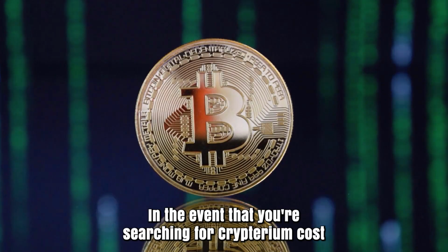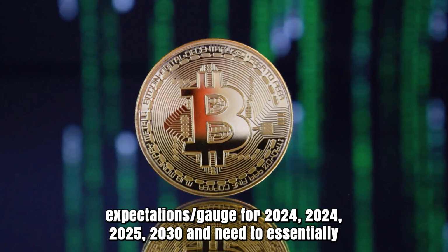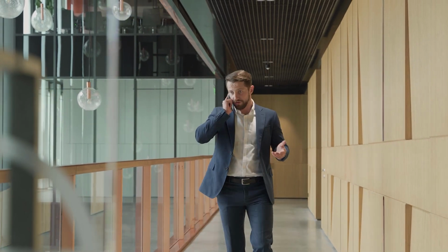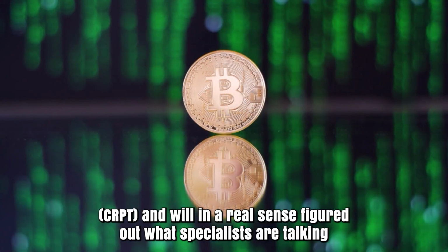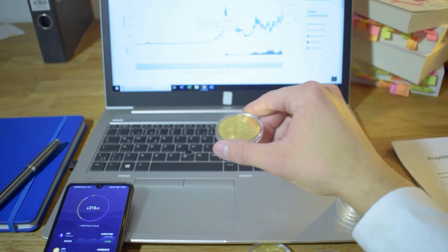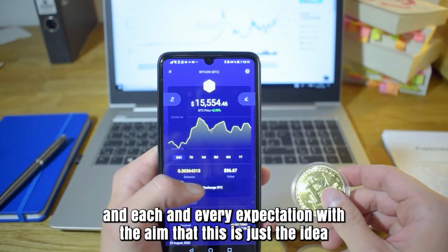If you're searching for Crypterium price prediction for 2024, 2025, 2030 and need to know where the price of Crypterium CRPT will go in the future, we will investigate the previous prices of Crypterium CRPT and figure out what experts are saying about its future price activities. Please remember that you really want to take this prediction